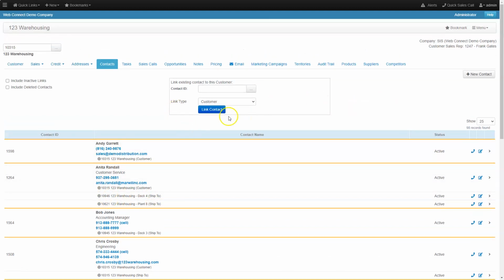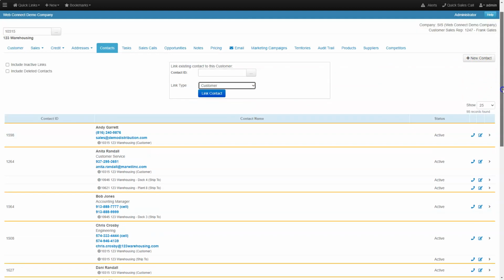If I need to link a new contact to this customer, I can simply browse for the contact ID and link it to the customer here, either customer or ship to. If I link it to the ship to, I would need to select the ship to ID. I can create a new contact from here, and it'll automatically be linked to this customer account. So you can do all